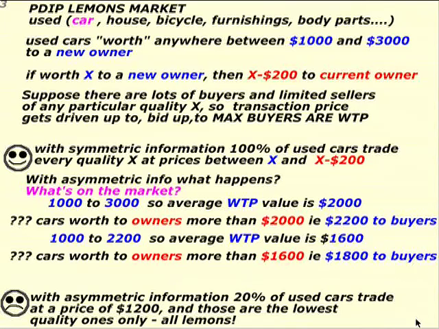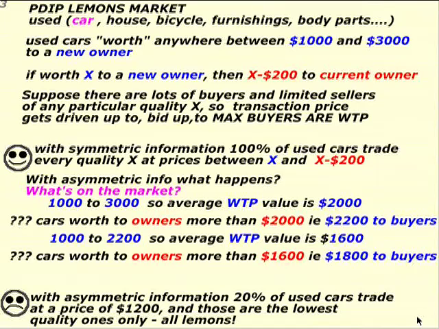Now, it's a stylized example. It's pretty extreme. You know that buyers are going to be going out and doing inspections and getting warranties, and if they're not, the sellers are going to be trying to distinguish their cars for the buyers. But it's really quite important to see that